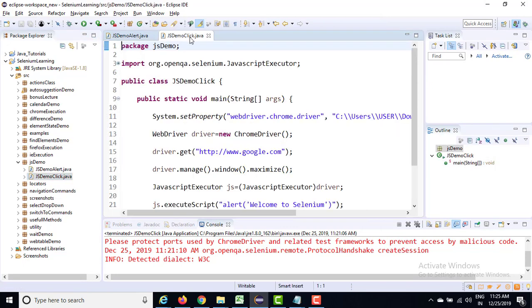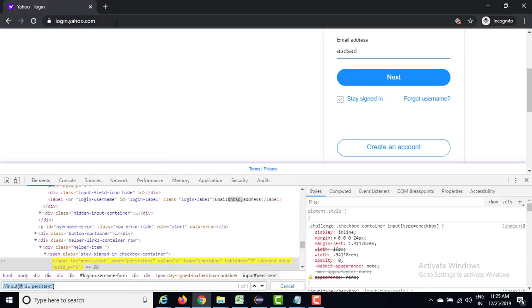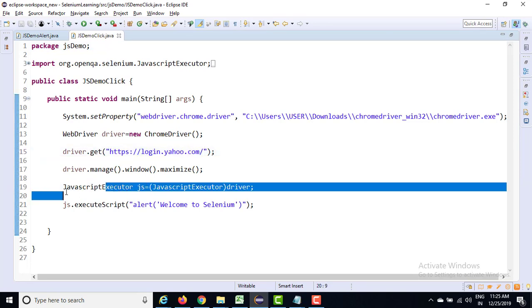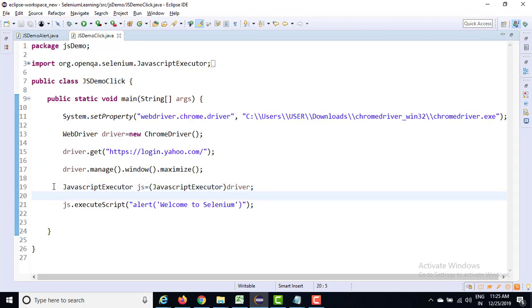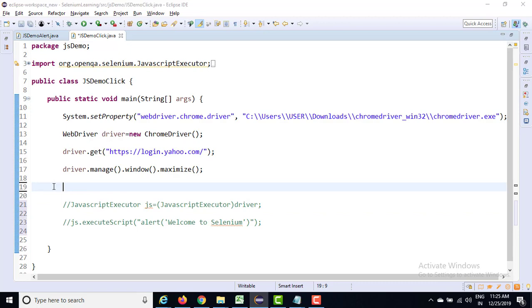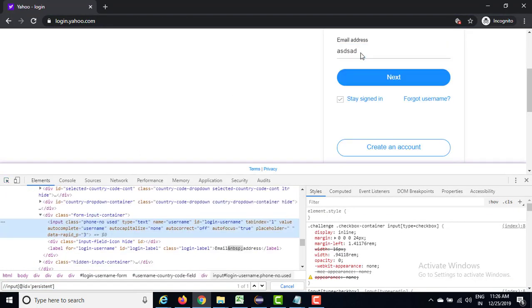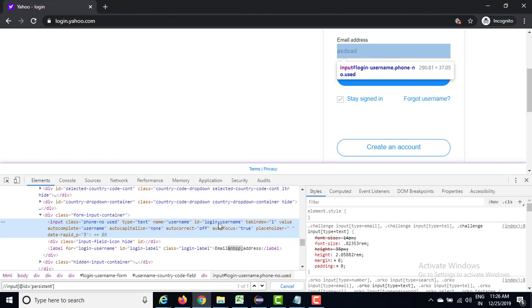In this click method, I'm not going to use JavaScript click at this moment. I just want to use click of web element, and you will see the main difference. For the time being, I will comment this piece of code, I don't need it as of now. First, let me enter the email as well. For email, I can use this ID or name.